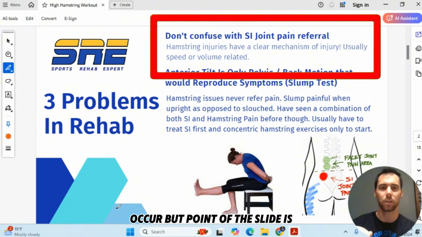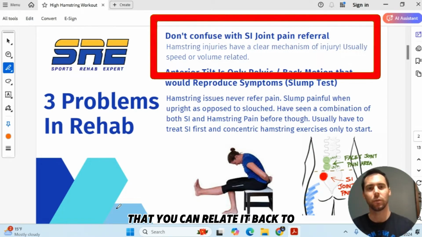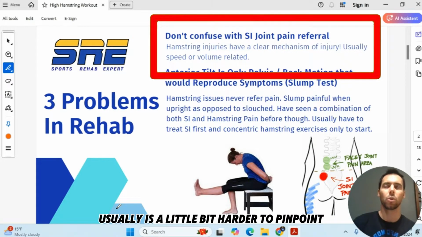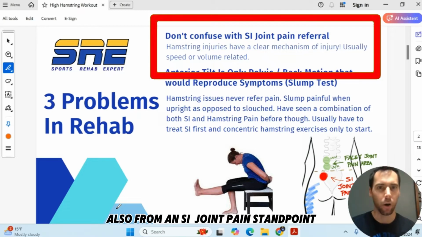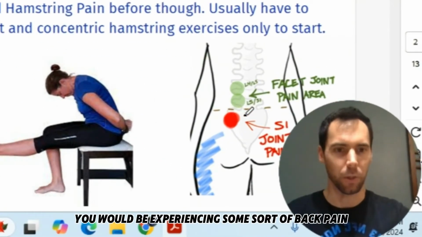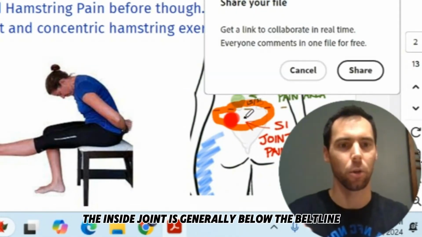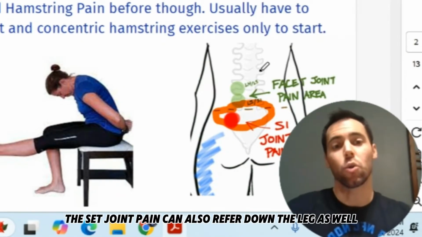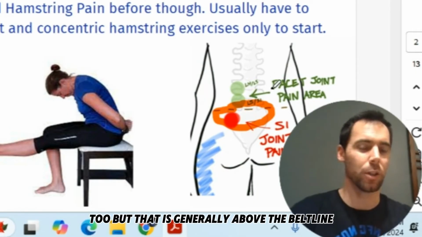But point of this slide is there is usually a mechanism of injury that you can relate it back to, versus the SI joint pain usually is a little bit harder to pinpoint an exact moment of when you started experiencing this pain. Also, from an SI joint pain standpoint, you would be experiencing some sort of back pain with it. The SI joint is generally below the belt line. The facet joint pain can also refer down the leg as well too, but that is generally above the belt